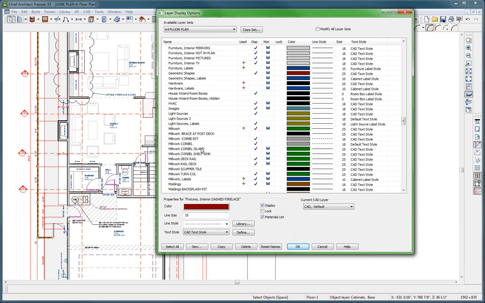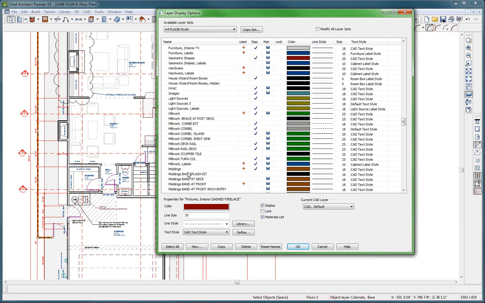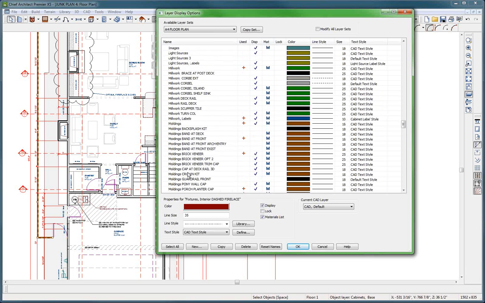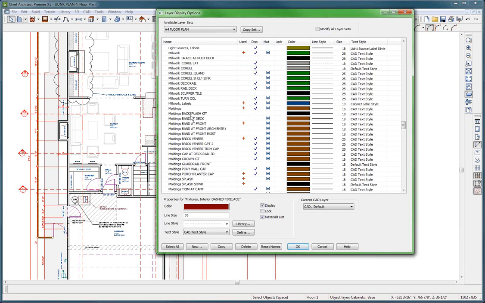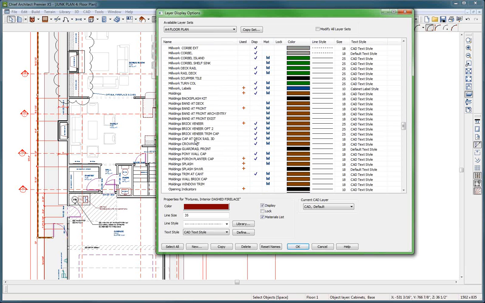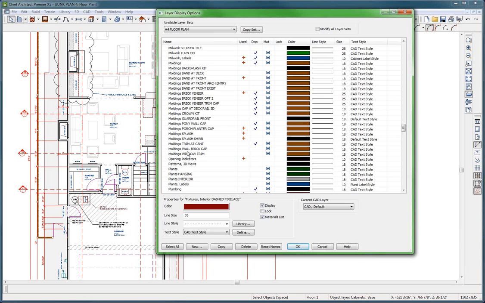Yeah, see, I've got corbels at the island. As I said, some of these things have been built up over years. Moldings, boy, how people don't have a bunch of different layers for moldings, I'll never know. With moldings, you just have to have a bunch of different ones. Here's... I don't know if you watched the video that Mont did for Chief Architect just the other day,